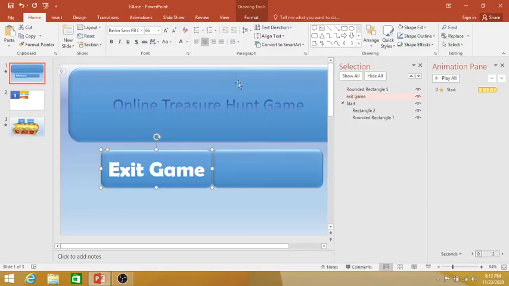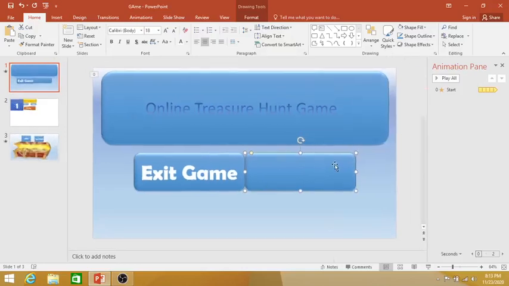game. Yes. So now you go to the next rectangle box and you rename it as start game. So now we have to write it as start game. So we write it as start game, and then we again go to home, change the font style and the font size,